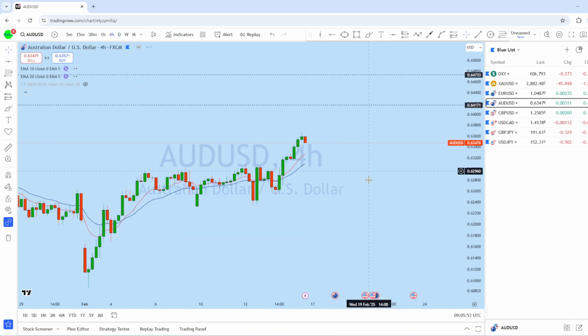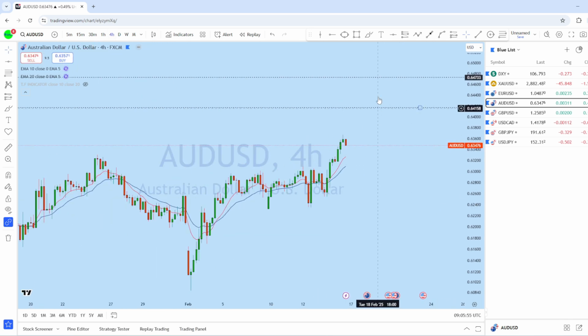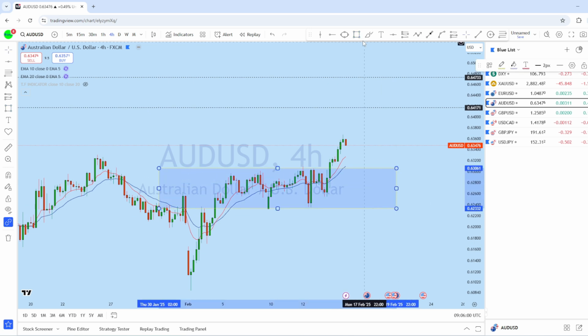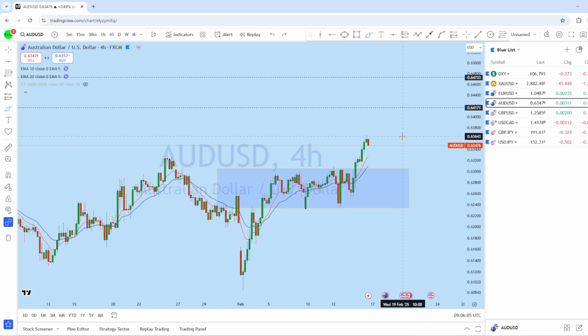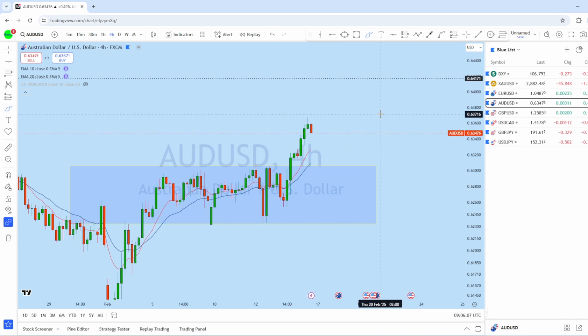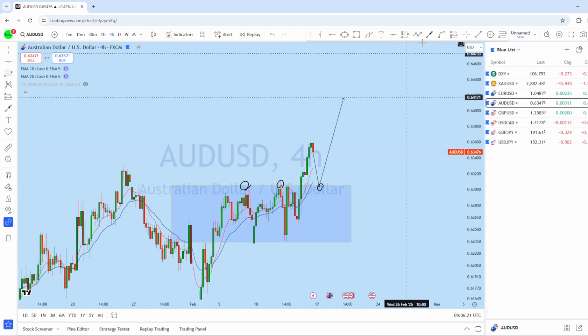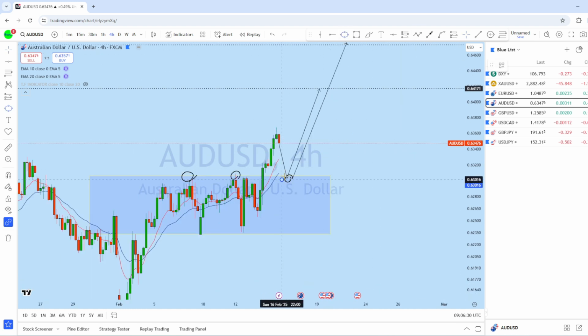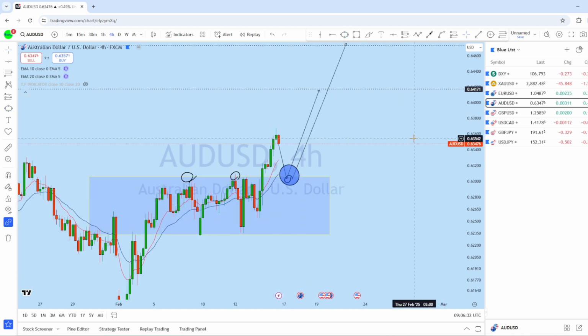Now if we look at the 4-hour chart, how the market is evolving, we can see that there is a structure formation here, a long consolidation. The market managed to break out from that resistance line and created another local uptrending market structure. But I think that with the market open, we can expect a deeper pullback to retest this previous resistance, which is turning support here, and from that zone we can expect a potential return to the upside. We can look for a potential trading opportunity on AUD USD.